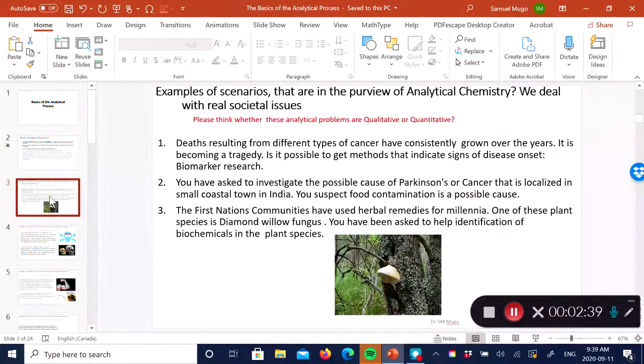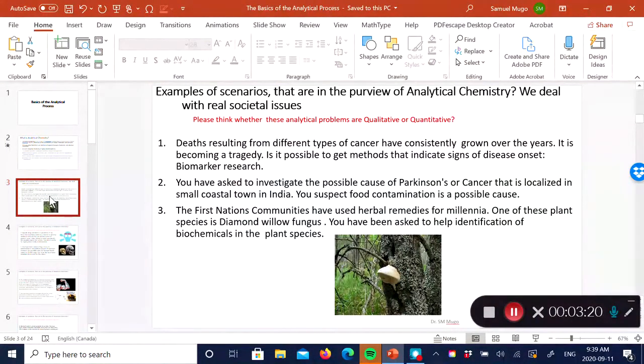Now, I'll give you an example of wide-ranging scenarios that are in the purview of analytical chemistry, just to show you how much analytical chemistry intersects with society and how much we actually use analytical chemistry to solve problems in the community. As I'm highlighting these scenarios, think about whether we are looking for a qualitative solution or a quantitative solution, or even both, right? So think about that. So case number one,